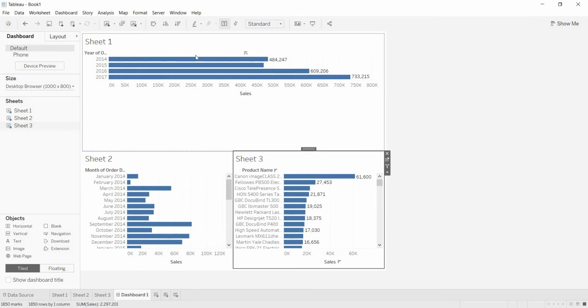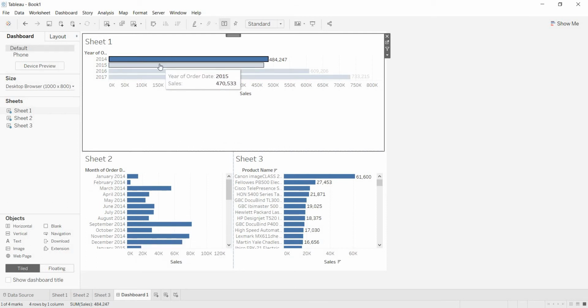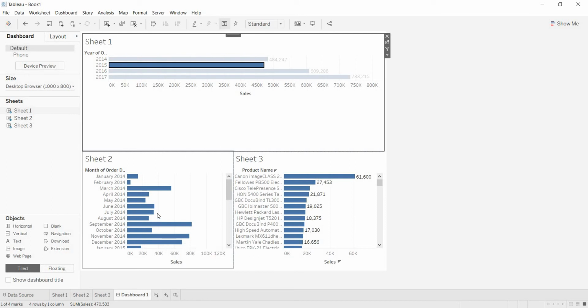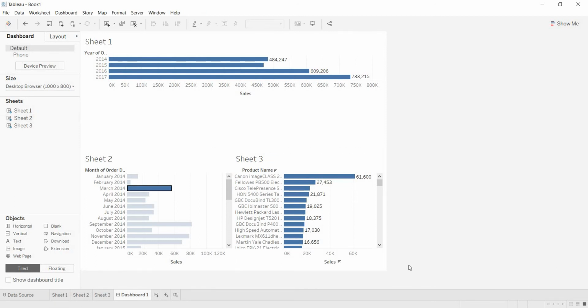Now here what is my exact requirement is, when I select, for example, 2014 from this month-wise sales, I need the top 3 months from that 2014 only. When I select 2015, the top 3 months particular to the year 2015. Okay, and again after getting the top 3 months from that specific year, whenever you select any month from those top 3, then particular to that month I need to get the top 10 products here. Okay, this is my requirement.